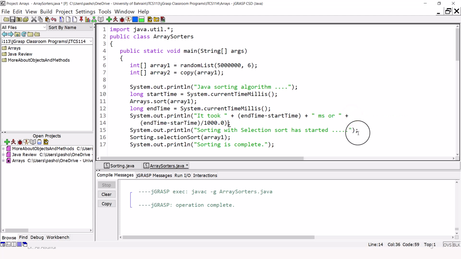So this number represents the running time in seconds. So we will follow it by the letter S, which is short for seconds. Now to estimate the running time for the selection sort, we will do the same. We will record the start time before we call the algorithm, and then we will record the time after we